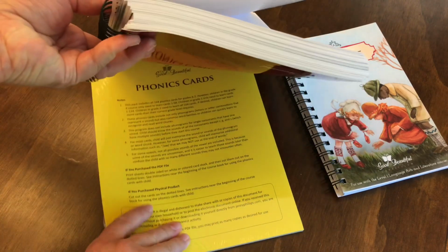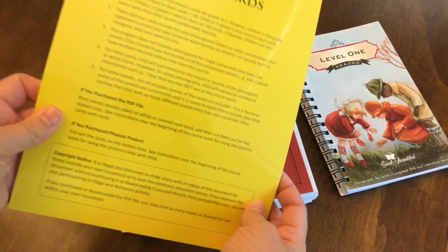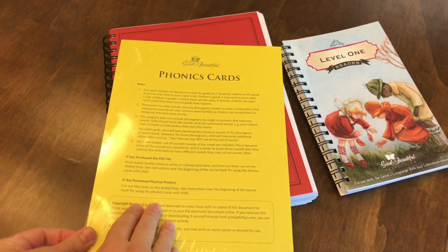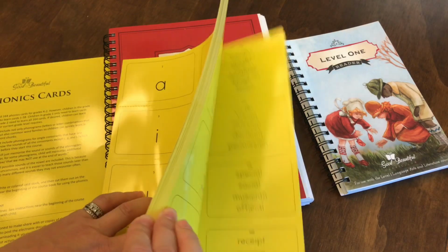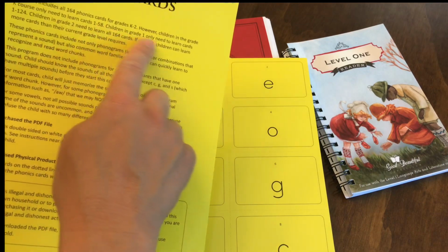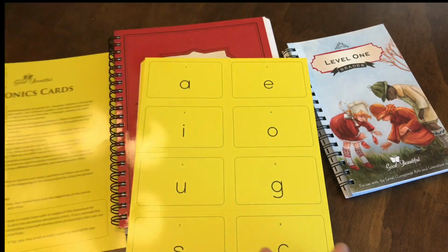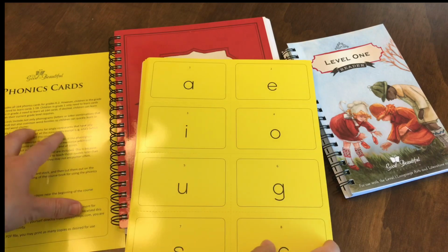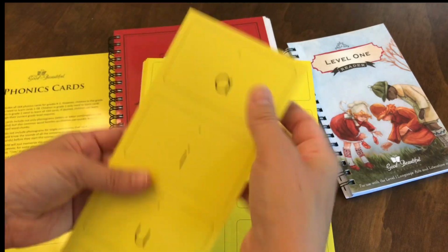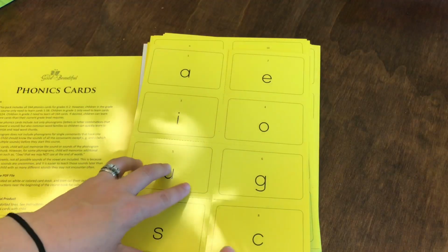So as you see here, we don't have any of the mini books. I think they're incorporated within. So we have the phonics cards, and what's pretty cool about this is they're prepped. If you're not ready to use these cards in the back, because you do them by groups, you know, 1 through 58 in grade 1, 1 through 24, and grade 2, 1 through 164. Need to learn all 164. So if you don't want to prep all of them, you don't have to, but it's really cool. They're just perforated like that and super easy to come apart. So you'll start with these phonics cards,